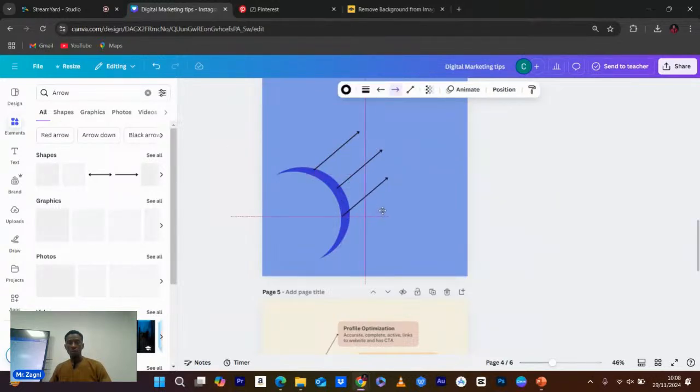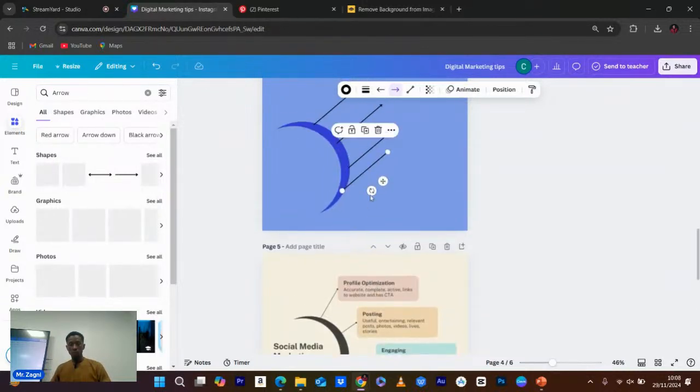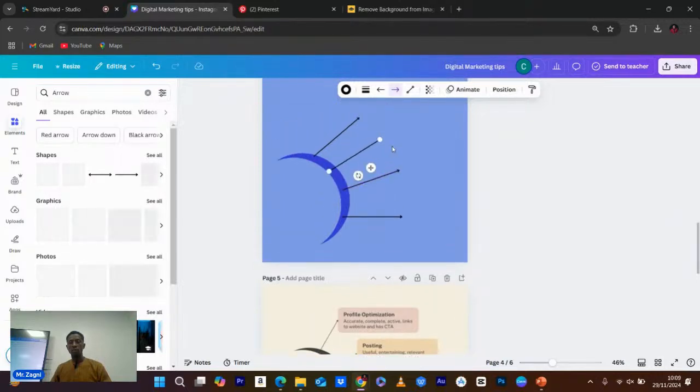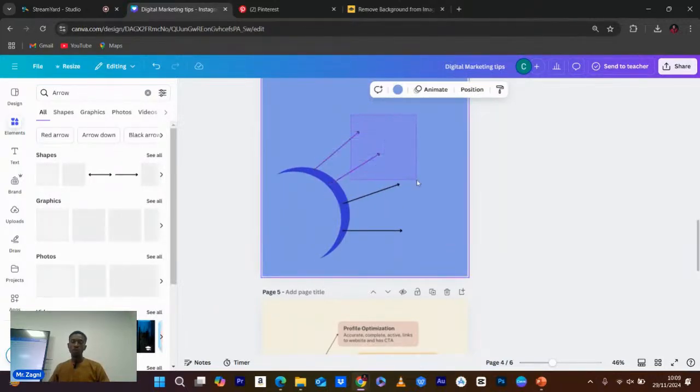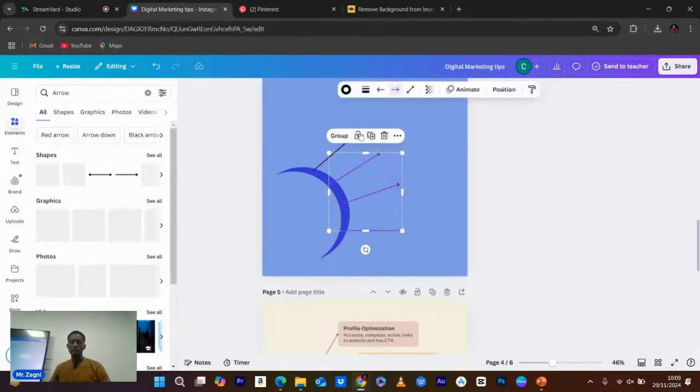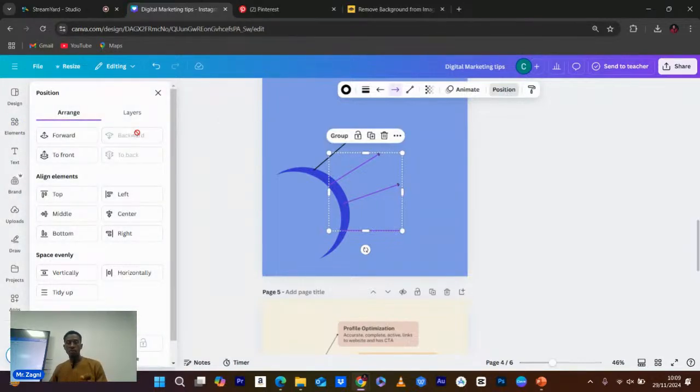You're going to duplicate all the arrows. So you turn them to face whichever side you want them to face. So what you want to do now is to copy this, to join these arrows together and then send them back. You remember what I said now, position. You send them back. So by sending them back,